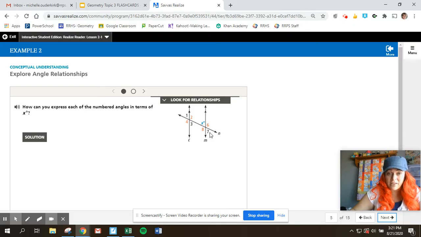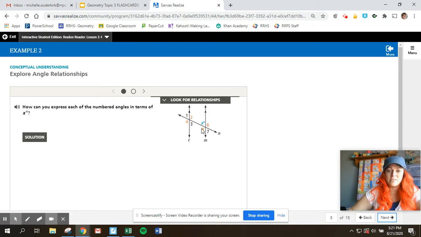Okay, now think of corresponding angles. 7 corresponds with 3. So if 7 is x, 3 would be x. And then they're vertical angles again, so those would be x. But now also look at x and angle 6. Those make up a straight line. They're a linear pair. One side is x and one side is angle 6. So together, x plus the measure of angle 6 should equal 180 because linear pairs add up to